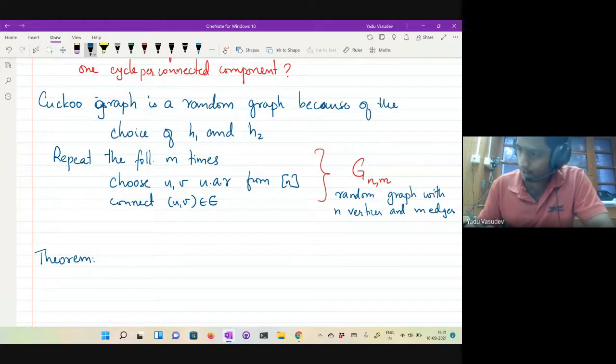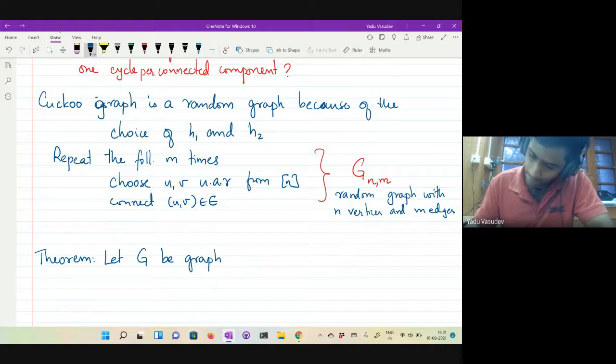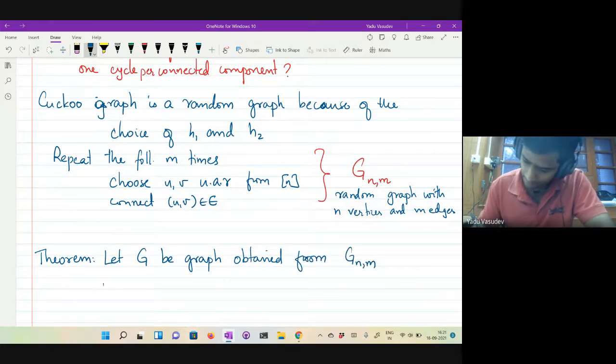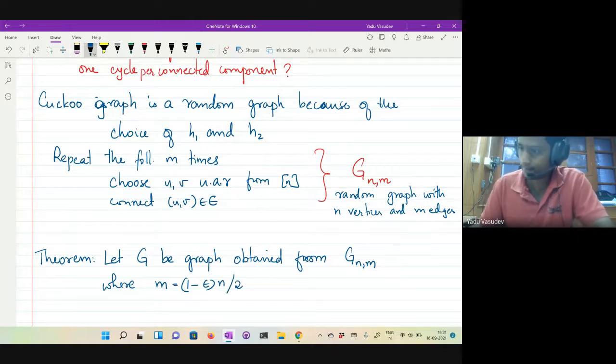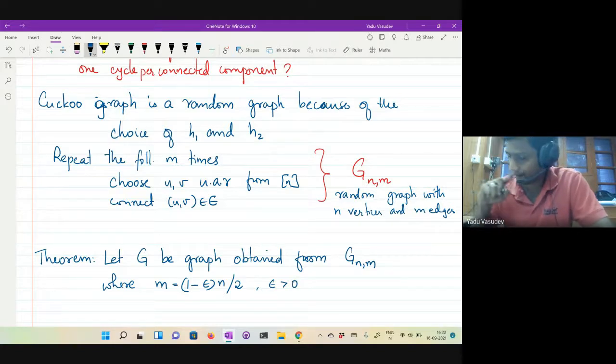Let G be a graph obtained from G(n,m), where m is something like (1 minus epsilon) n divided by 2, and epsilon is a constant greater than 0.